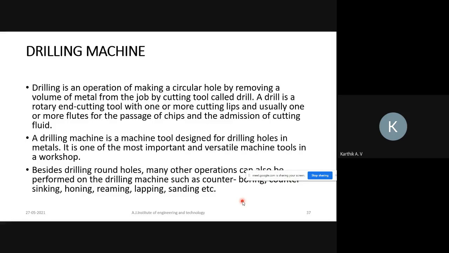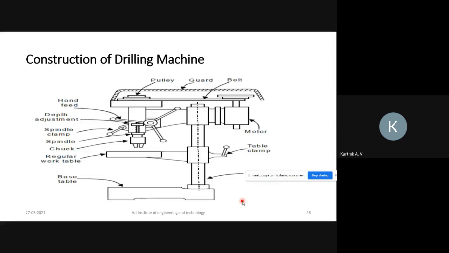Okay, so different types of drill bit are also available, and you can make different types of holes. This is the construction of a drilling machine. I will briefly explain it once in this class. The remaining, the types of drill bit and everything, we'll see in the next class. So, the construction of a drilling machine.